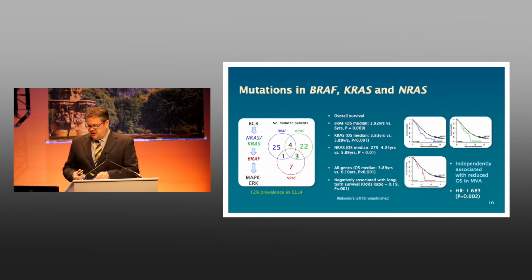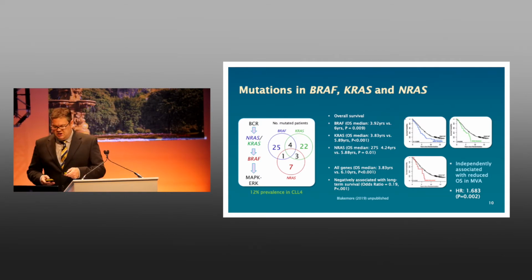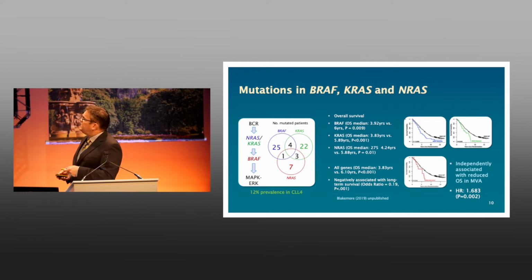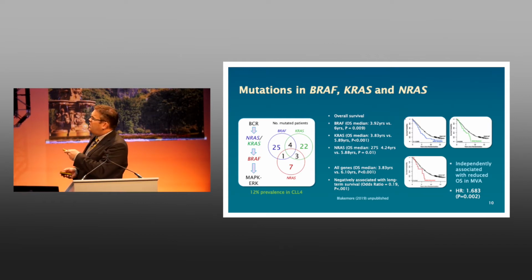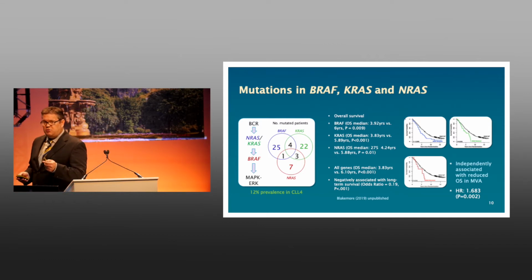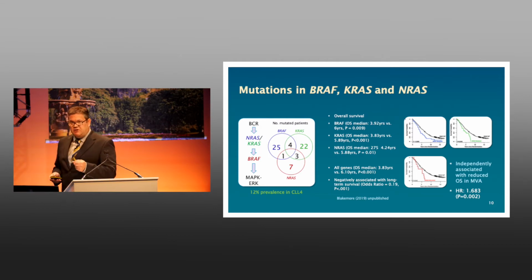So as I alluded to, each of these 3 genes is downstream of the B-cell receptor. When one looks at the relationship between these genes, the key take-home feature is that, in principle, in about 85% of cases, these occur on their own and not with each other, such that 12% of CLL4 cases harbor a mutation in these particular genes, which I think is a very significant number. Here is the overall survival of each of the genes in isolation. When we combine them, then you can see inferior survival,